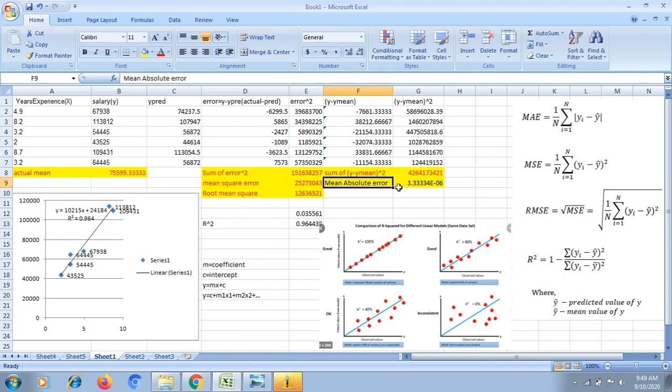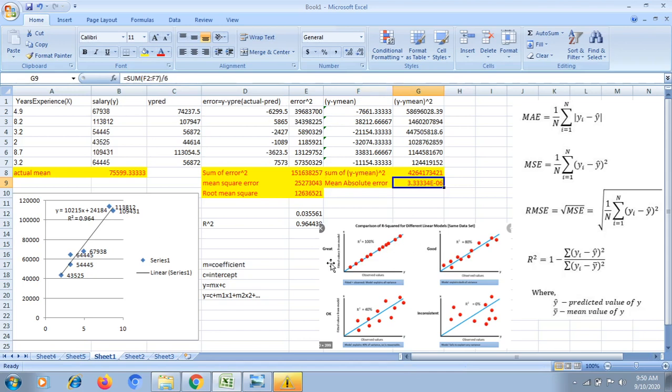Now I need to calculate the mean absolute error. This is the sum of all actual minus mean, and division with n. For example, here I need the sum of all actual minus mean, this is F2 to F7. I need to sum all and also divide with the samples. These are the 6 samples. Now I got the mean absolute error: the sum of actual minus mean divided by the number of samples, here 6.